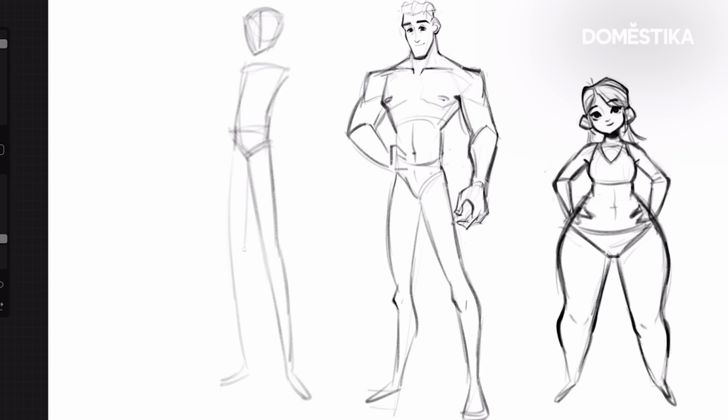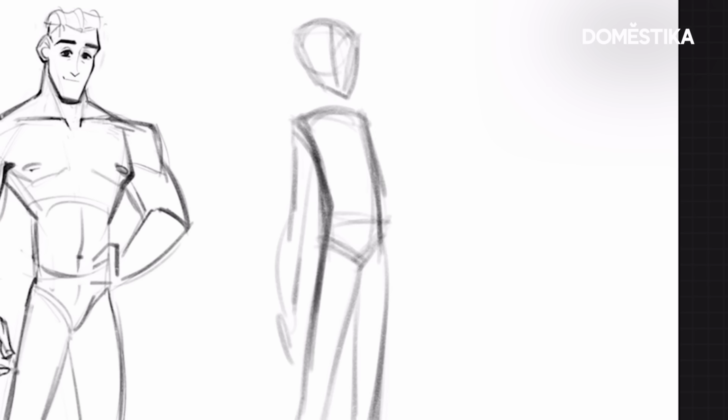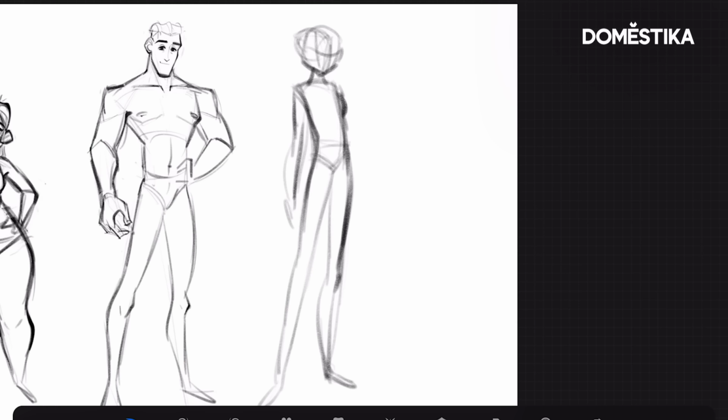And for our third character, let's try to draw someone who is really tall and skinny. So the body shape of this character is going to resemble a rectangle, and everything is going to be really narrow and slim and long. And again, I'm making sure that the center of gravity falls in the middle between the feet. And using the liquify tool, I'm exaggerating the pose a little bit. So I am pushing the hips forward and leaning the torso back a little.